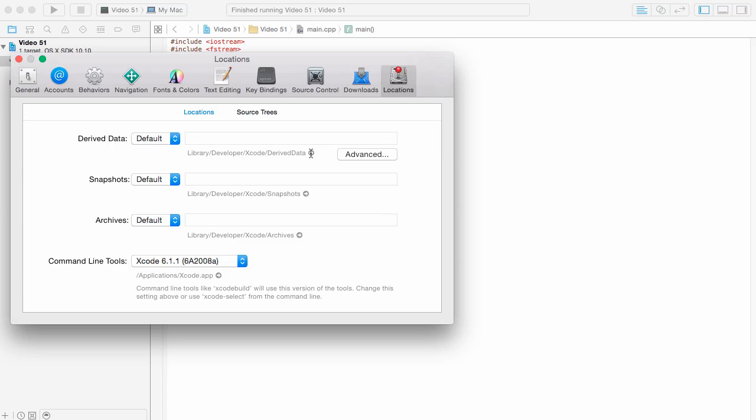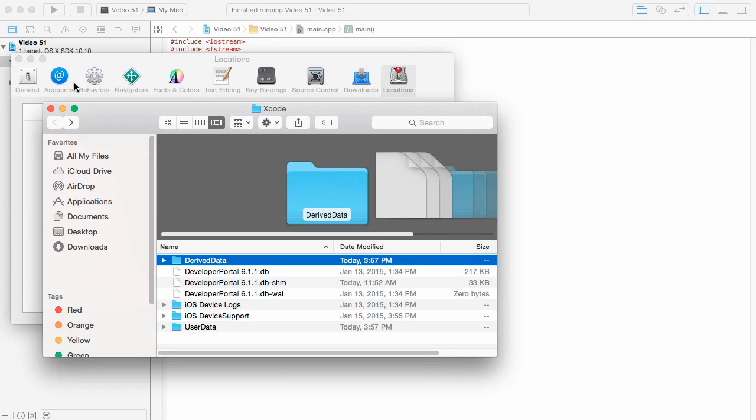Remember, I'm doing this on a Mac, but you'll just have to find your derived data folder or whatever folder is allowed to put your files to import whatever program you're using to write your code. So I'm going to actually click on that. I have it open here already. So I have it all open here, and it's going to give it to this place here. It's in the Xcode file, and we have a place called derived data. And if I go ahead and click on that,